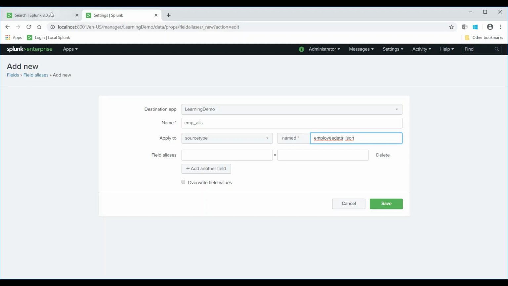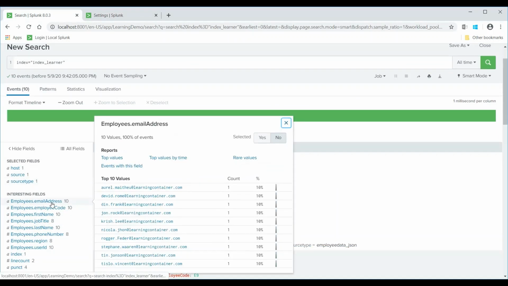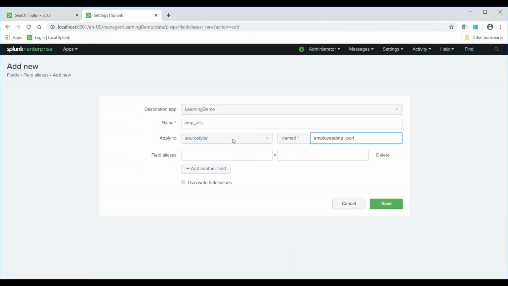And now I will choose some fields for which I will assign an alias, like employees.email address. So for this I will just give emp id.